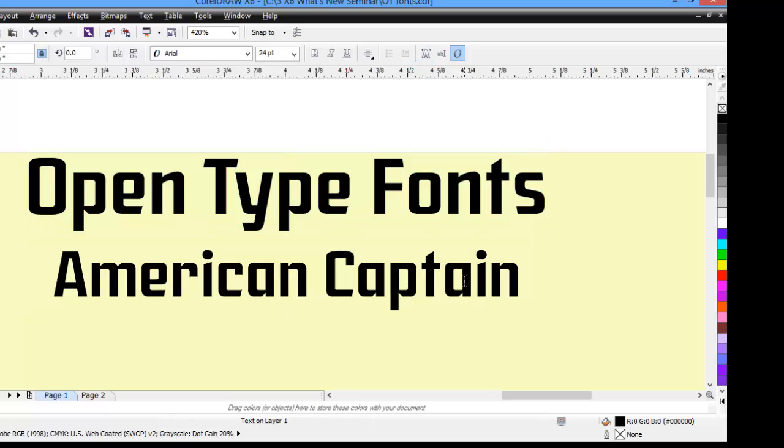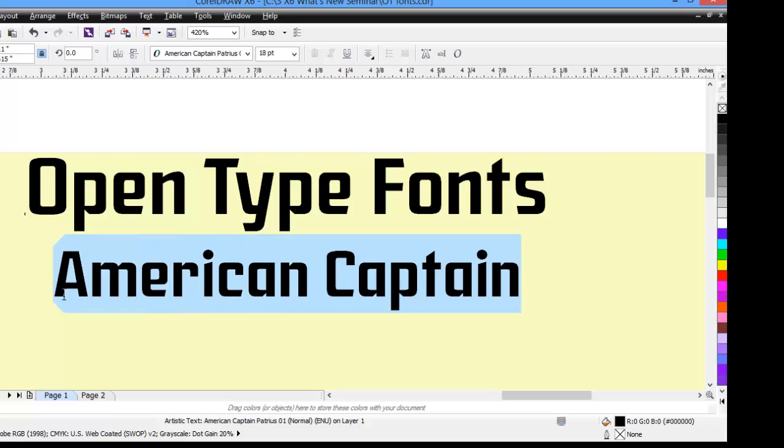Another gotcha is if this button up here is unchecked, that is, if it's not highlighted. Now notice we don't have the More button, so the OpenType feature must be turned on for this to work. There is one other way